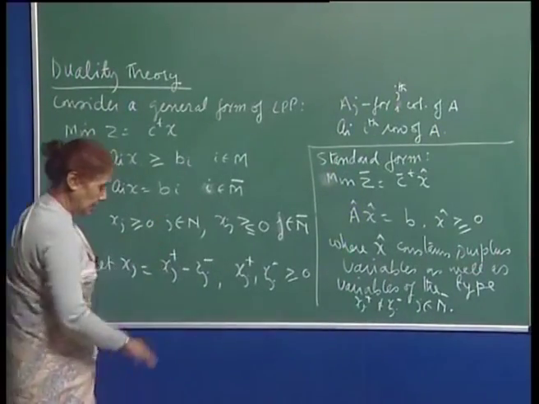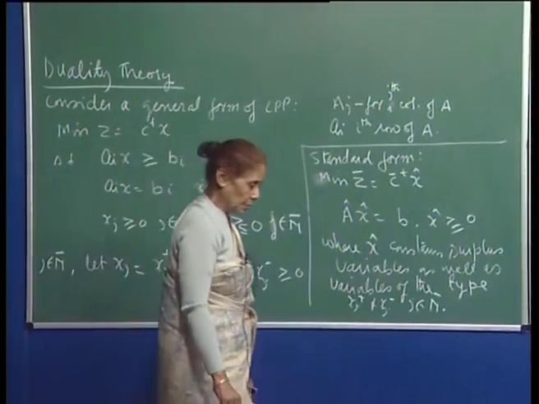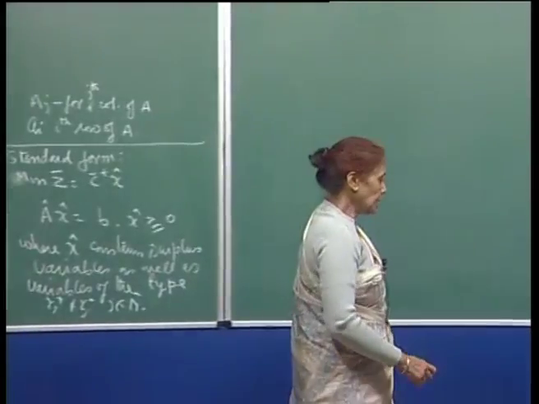So, x hat is your new set of variables, and this will be your standard form of the linear programming problem. Now, let us look at the optimality conditions for the